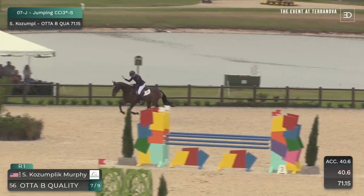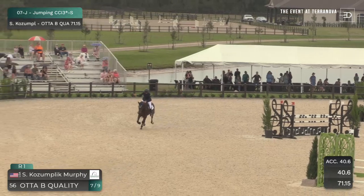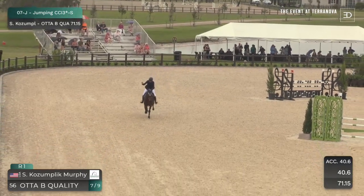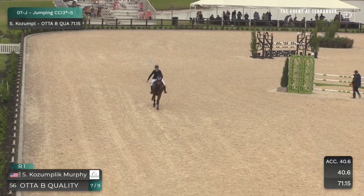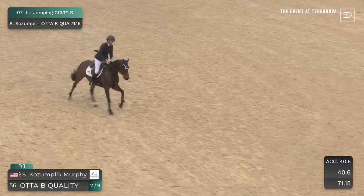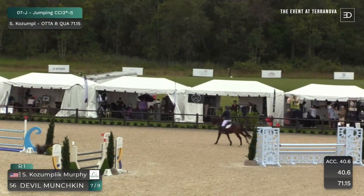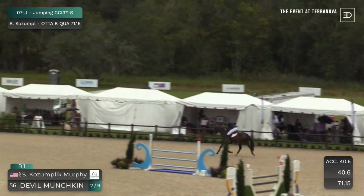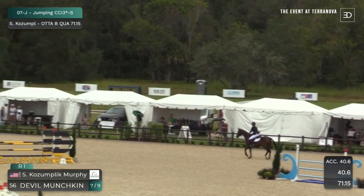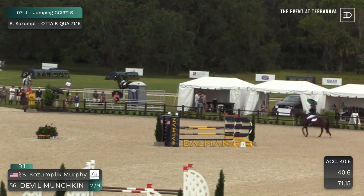She won the dressage and never looked back. That's the best dressage test of the group. She had the fastest cross country without jump faults, and now we just watched an immaculate show jumping round. It's so exciting for her, especially with how much work she's put into this event herself. She's really invested in it, and for her to have a win the first time running. And let's not forget what she did is just excellent, threw her heart into